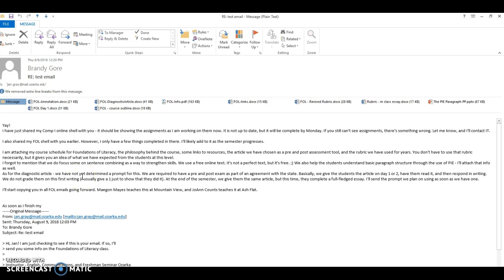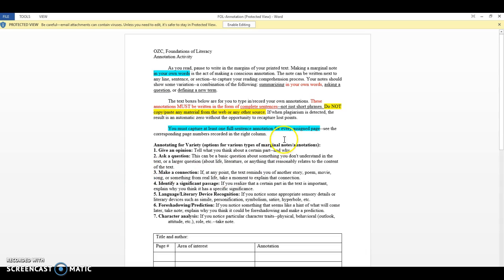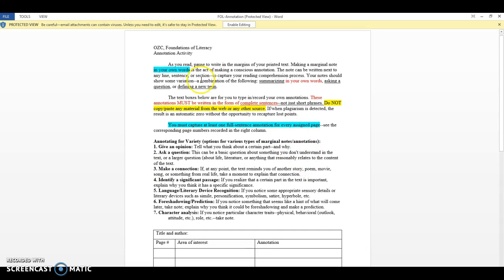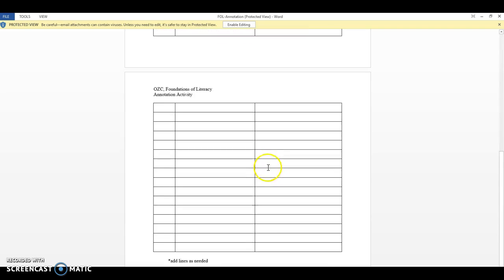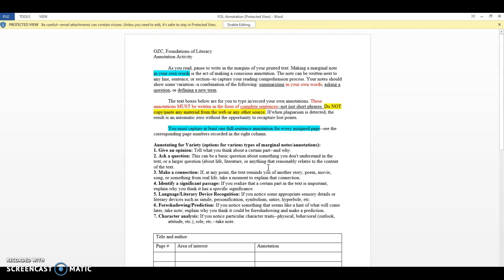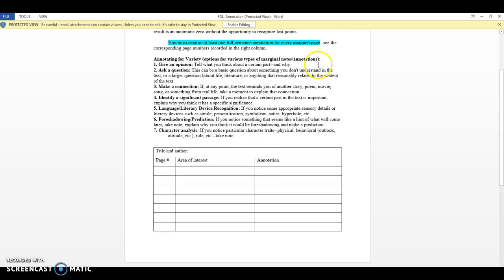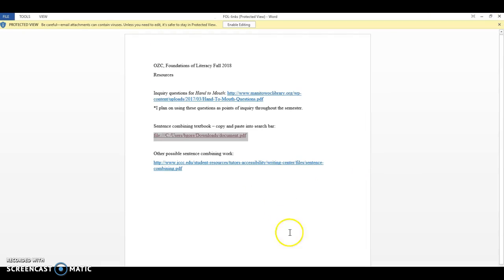We require some sort of reading log, and so in the past we did a dialectical journal where we just left it up to the students to find things that stood out to them and then comment on them. But now we're getting a little bit more specific and having them fill in an annotation activity, telling them things to look for, teaching them how to annotate, and then requiring at least one annotation per page. So we're getting a little bit more strict with that because they got quite lazy with it in the past. But we think that's important for them to do.